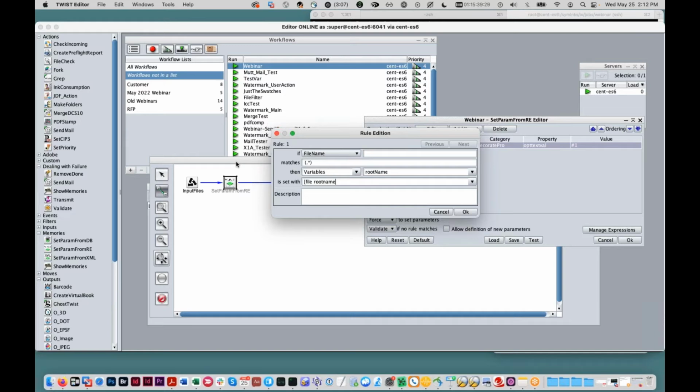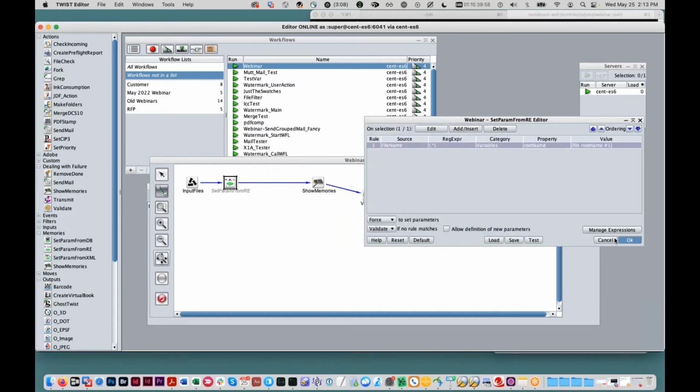File root name. So the way this works is we have file as the Tcl procedure we're running, and these two commands here, what we would call arguments. So this is telling it our parameters. This is telling the file command that we want to grab the root name of this file, which is everything before the file extension. And the number one here, TWiST is going to substitute that automatically for the file name. So this isn't anything to do with Tcl here. This part's TWiST. But the upshot of this is when I hit OK here and save,